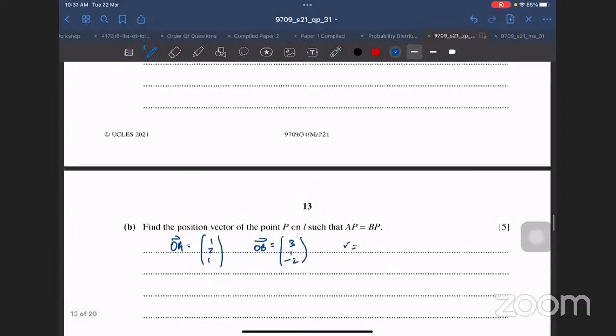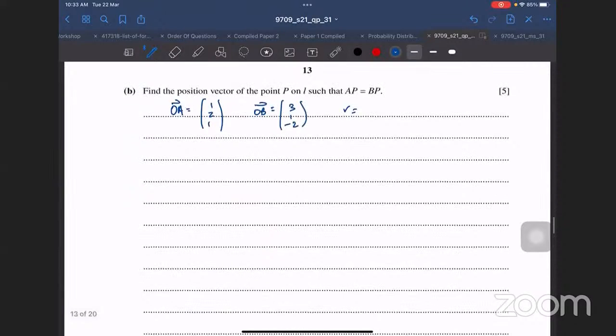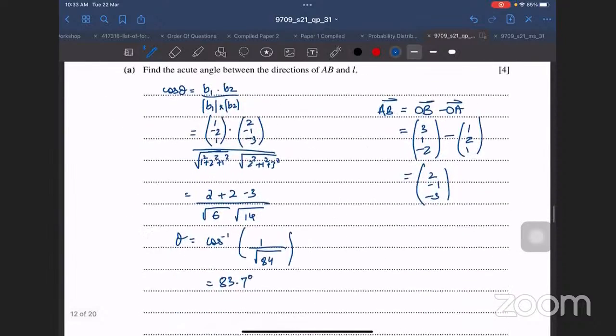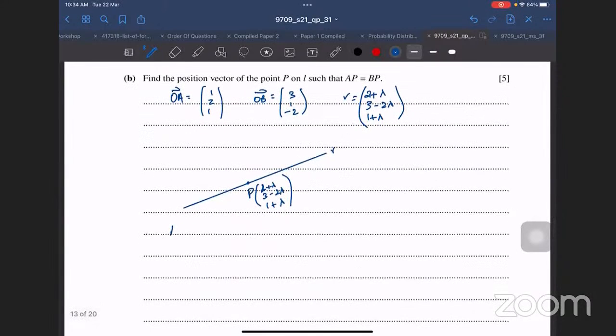And R, if I were to write this as a general coordinate, is (2 plus lambda, 3 minus 2 lambda, 1 plus lambda). So P can be any point on the line R, which means it's going to have the general coordinate. What I need to do is find a value for lambda that gives me these two distances as equal. So if I want to calculate the distance AP,